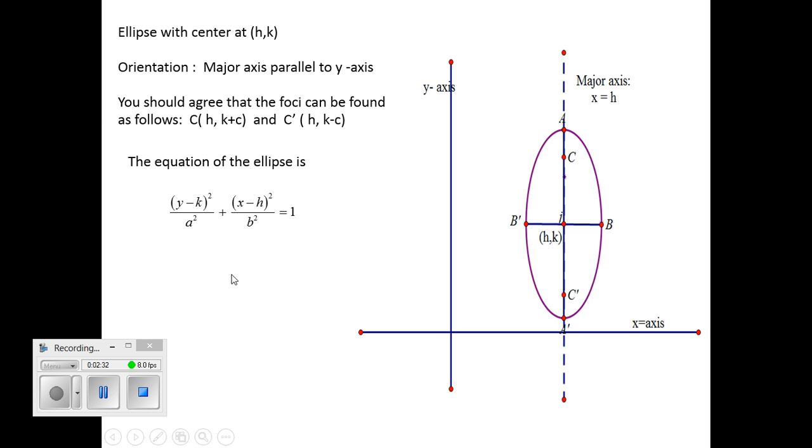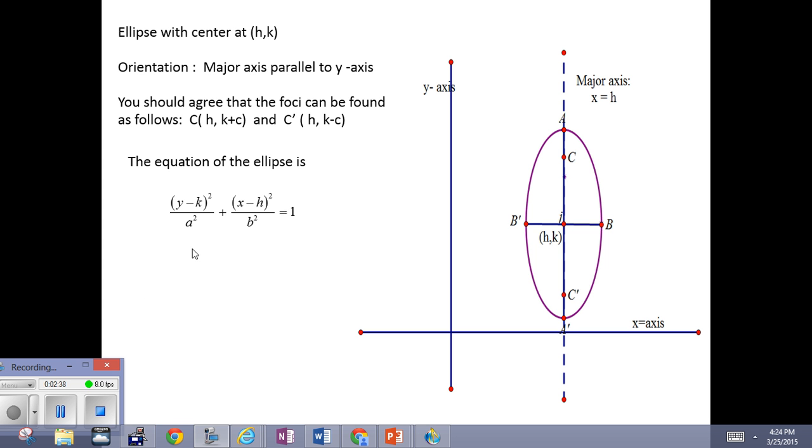So for an ellipse whose center is at some point other than the origin, say (h, k), the equation is going to be (y minus k) squared over a squared, plus (x minus h) squared over b squared, if it's oriented with the major axis in this direction, in which case the major axis is the line x equals h,